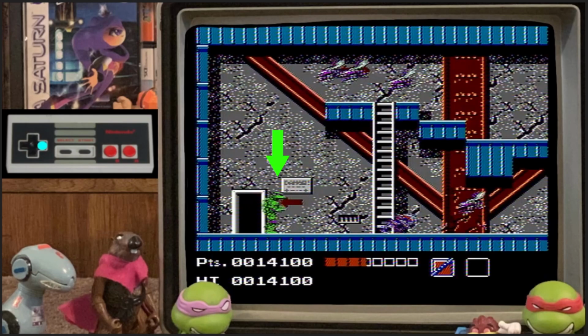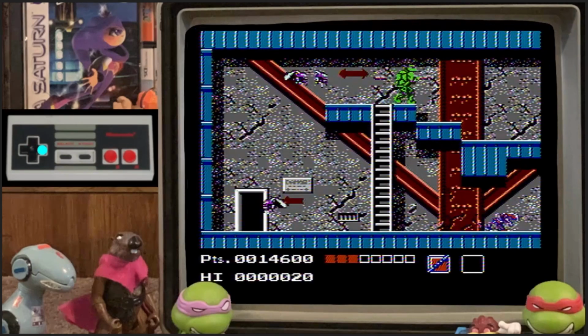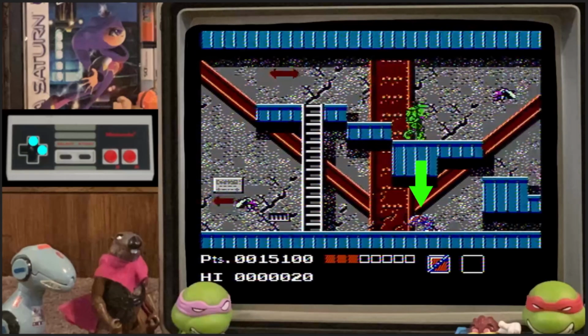The other way is to hold right, then jump here at the edge of this sign and do an up attack to kill the bug. Make sure you're holding right the entire time. Once on the platform, you walk to this point, press attack at the center of the ladder, and turn around to kill the bugs. If you don't turn around quickly here, this mouser will hit the side of the screen